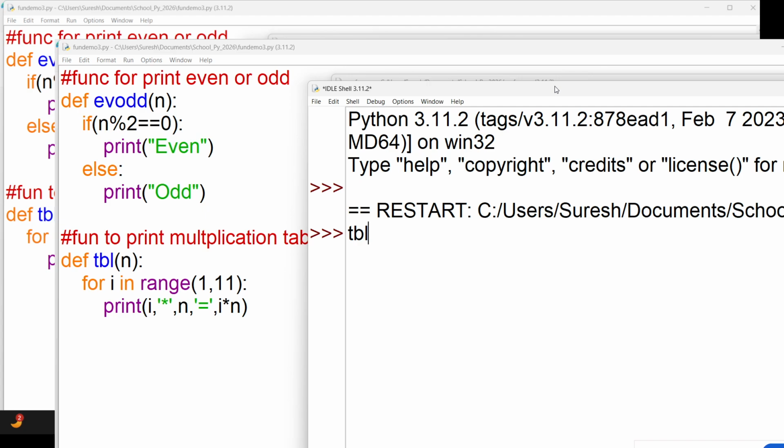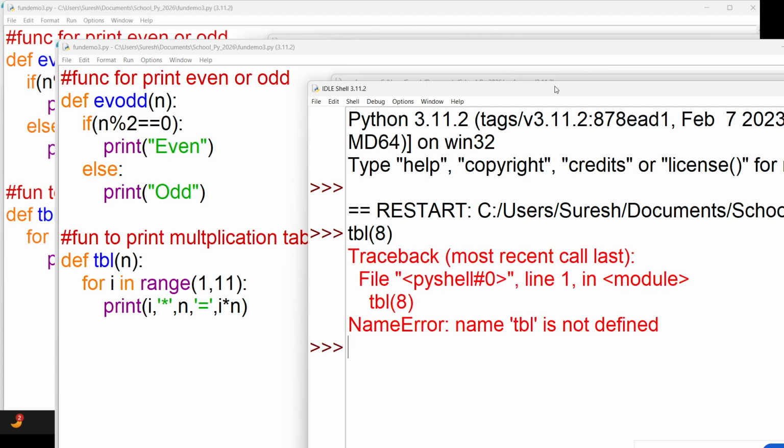And now if I try to call the tbl of something, see, this will give the error. The name tbl is not defined.